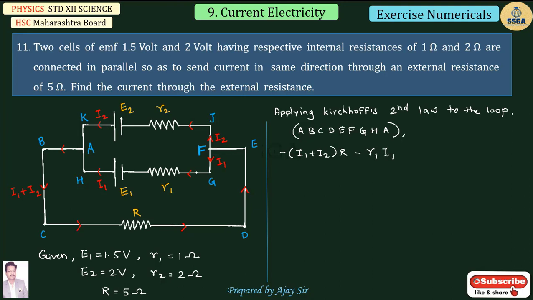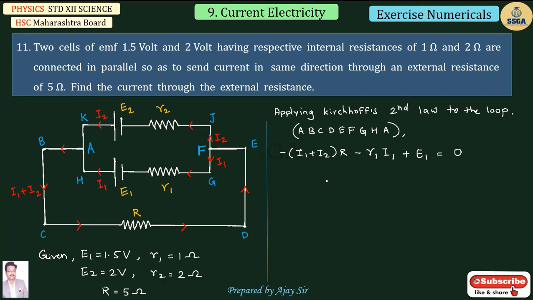So this is the potential difference. Again it is negative because direction of tracing and conventional current both are same. So while we are traveling from negative to positive, the EMF will be positive here. So plus E1, which is equal to 0. So again we come back to this point A. So this is by Kirchhoff's second law.